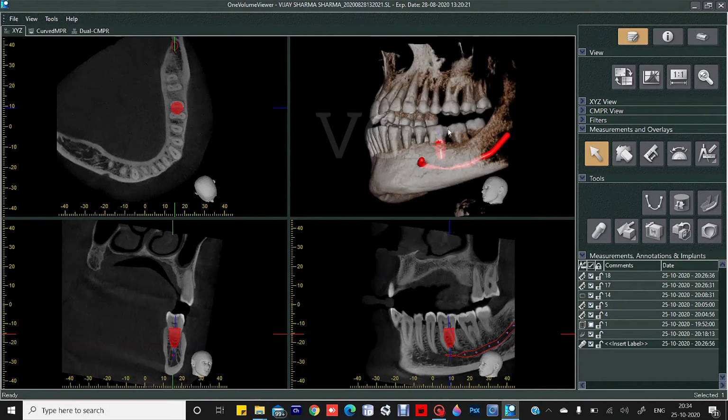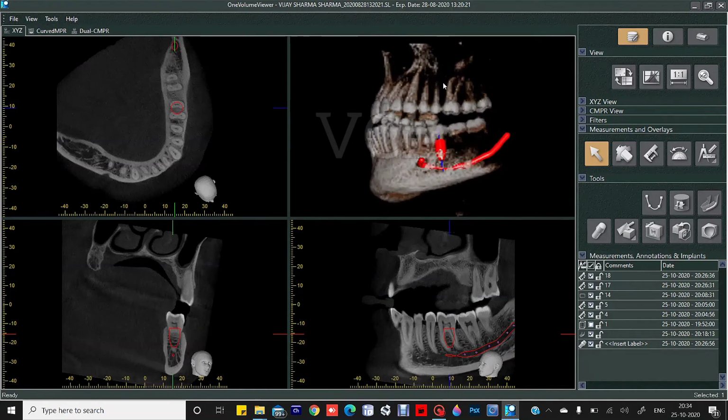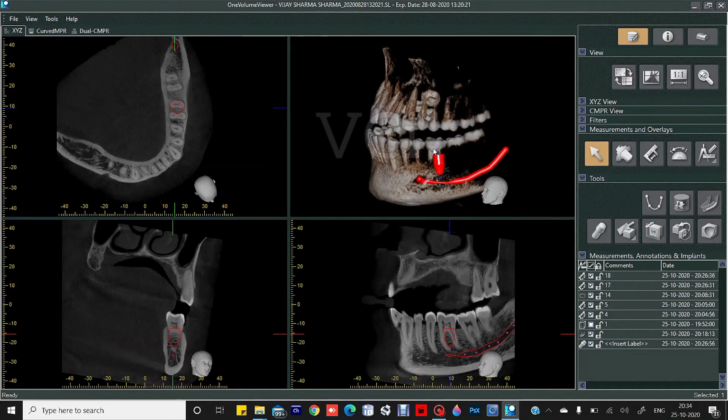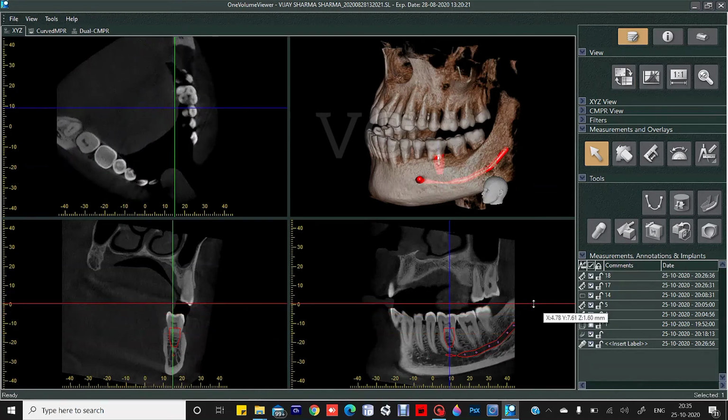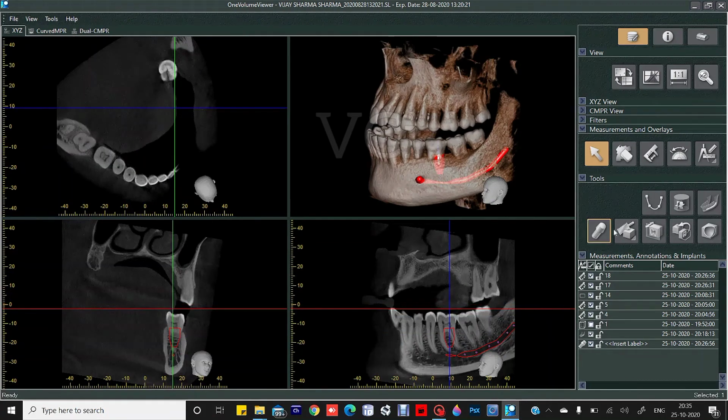Yeah. We are done with virtual implant planning. Now just to view the volume rendering in a proper orientation, we can also give static volume cuts. You just have to press this and cut the volume according to your need. For example, I'll just unhide these lines. Now I want to hide the upper arch, so I'll just press this static volume cut